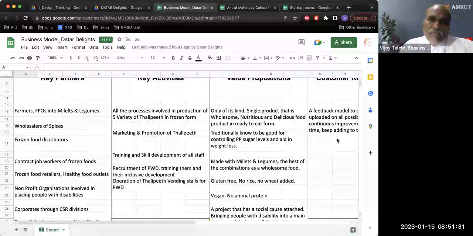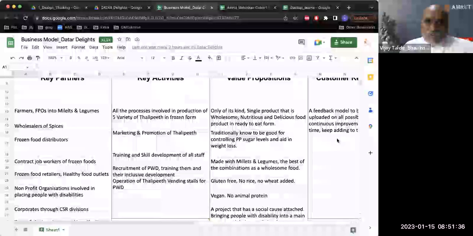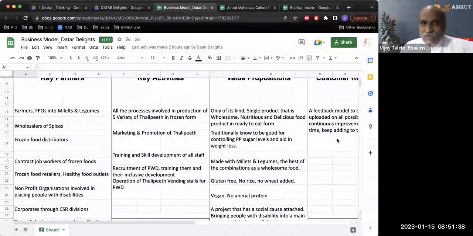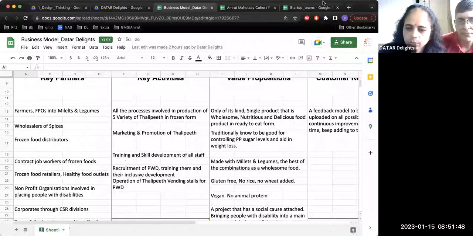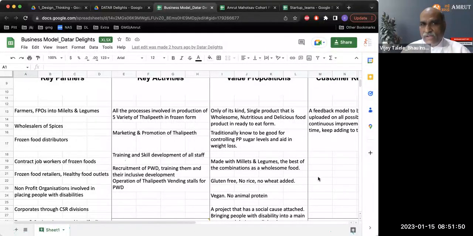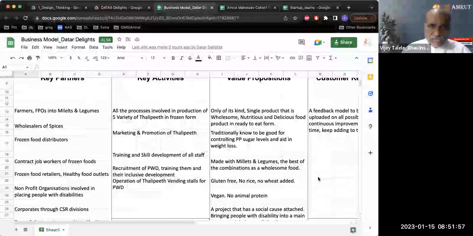Okay. See, other activities that you can think of: one is quality assurance, which is kind of missing. How do you maintain the quality? And once you are looking at scaling this production, how are you going to scale it? And for that, do you require any activities to be done? Okay, so that's a couple of points that I could think to be added here.